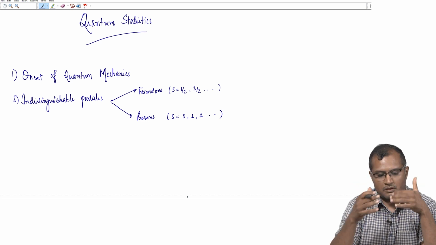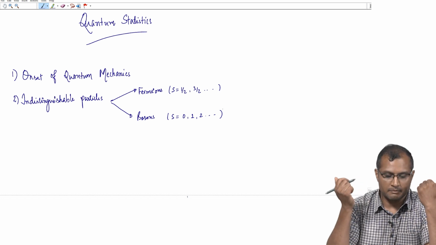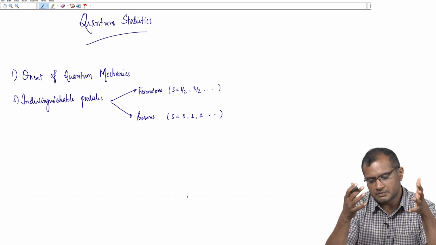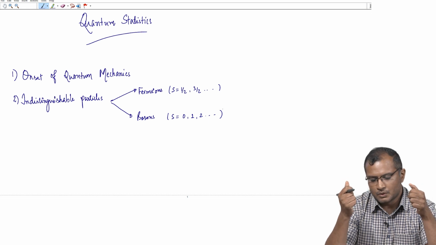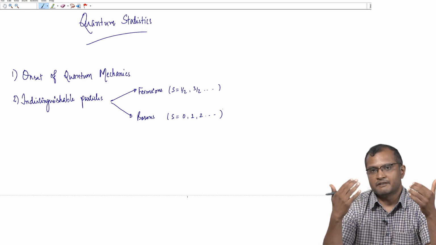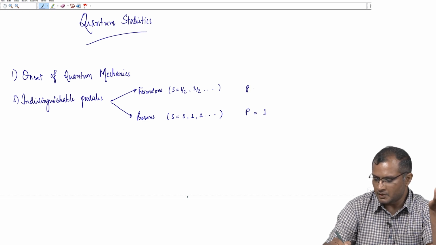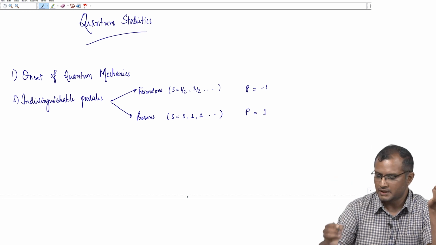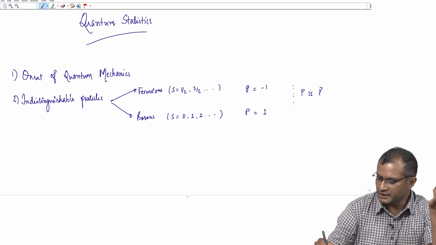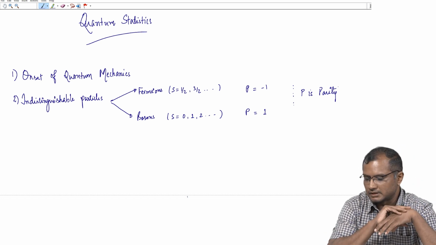So, the fundamental indistinguishable particles are classified into fermions and bosons in quantum mechanics, and they are different from each other in the sense that one corresponds to the parity operator having eigenvalue +1, and the other corresponds to the parity operator having eigenvalue -1. Okay. So, P here is the parity operator, and I will talk in some detail about this operator,